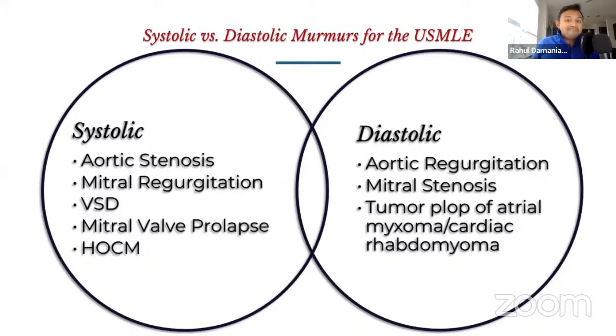Now, what's going to be a murmur that is going to be heard throughout systole and diastole? Go ahead and put that in the chat. What murmur can be heard continuous throughout systole and diastole? Go ahead and put that in the chat, and hint, it is going to be a congenital heart lesion. Awesome. If you said PDA, you are absolutely correct. And remember that we want to keep the PDA open in certain situations, especially cyanotic heart lesions, with prostaglandin. So remember, PGE2 keeps the PDA open.